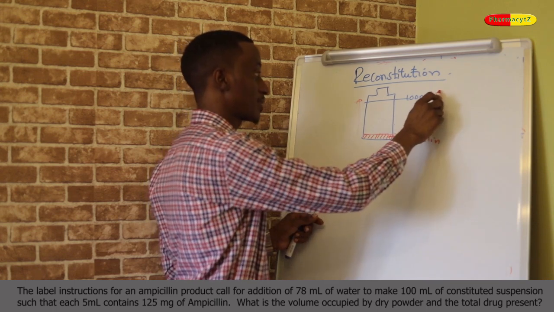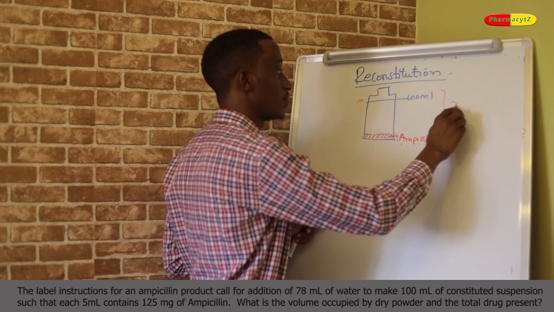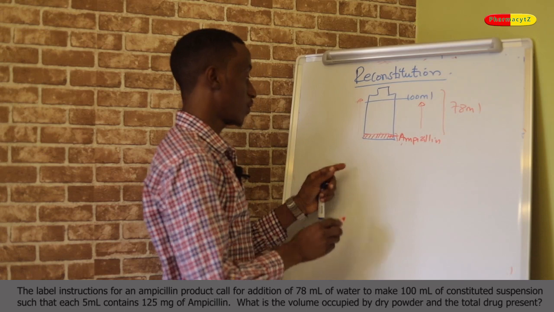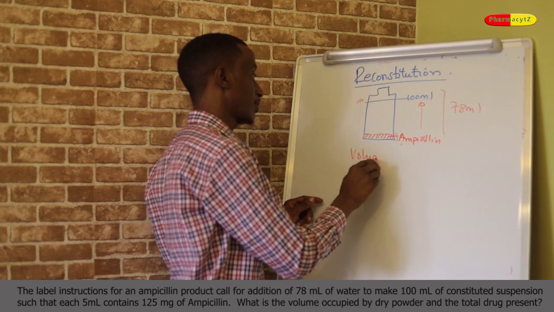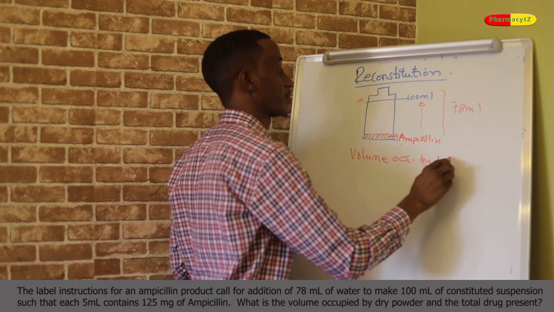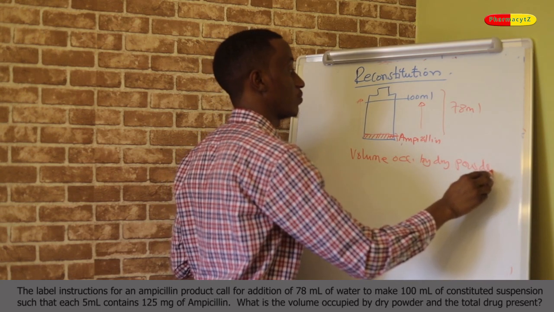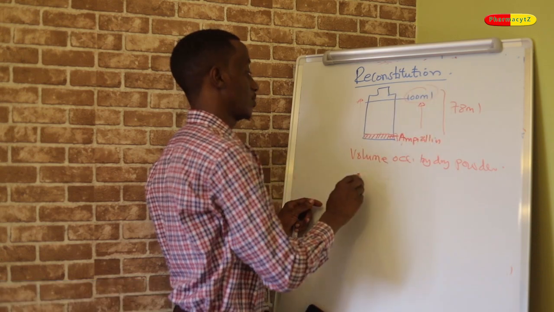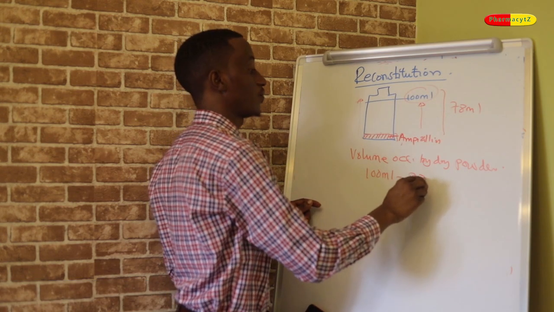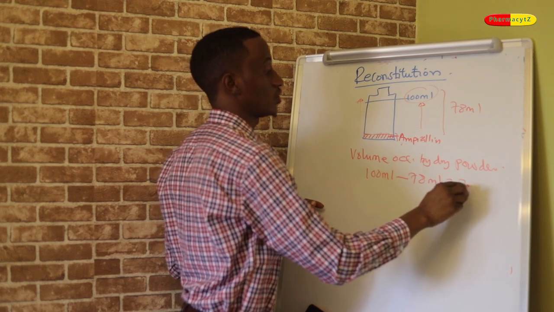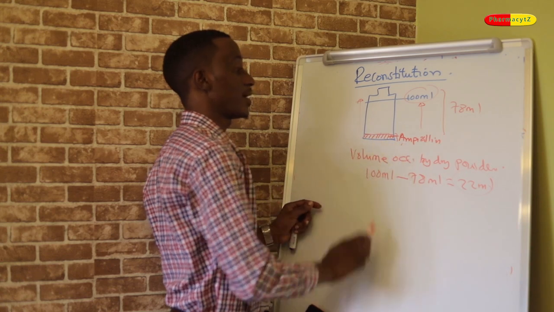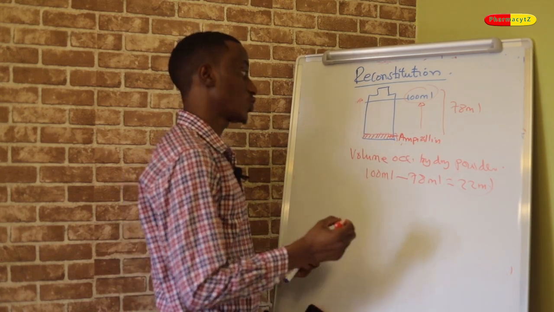Now, this prescription called for addition of 78 ml of water to make a total of 100. So the volume occupied by dry powder is obtained as follows. You take the total volume obtained after adding a diluent minus the amount of diluent added, then you'll get 22 ml, and this was the volume occupied by dry powder. So to know the total drug present,